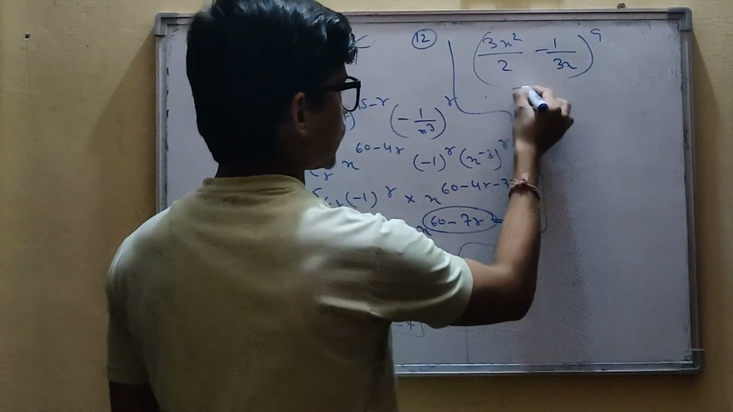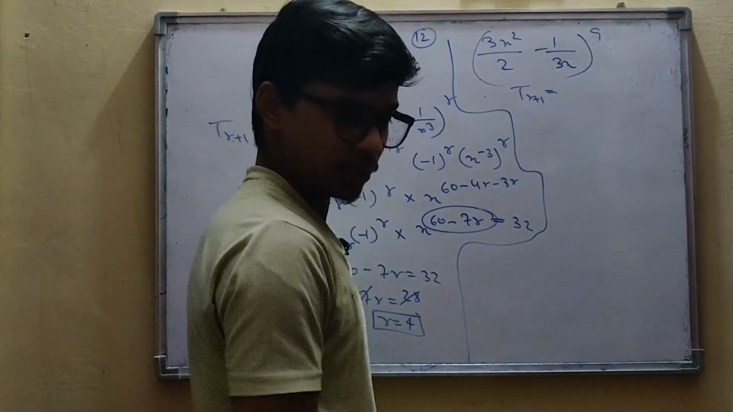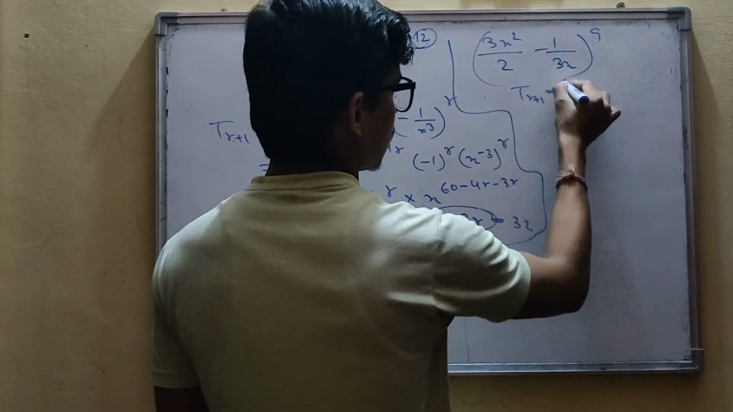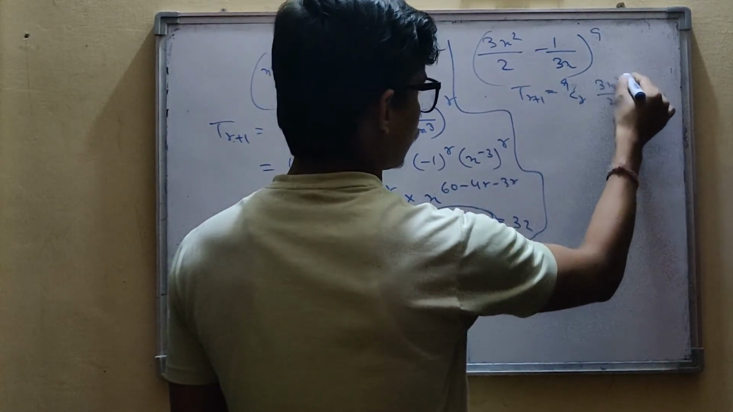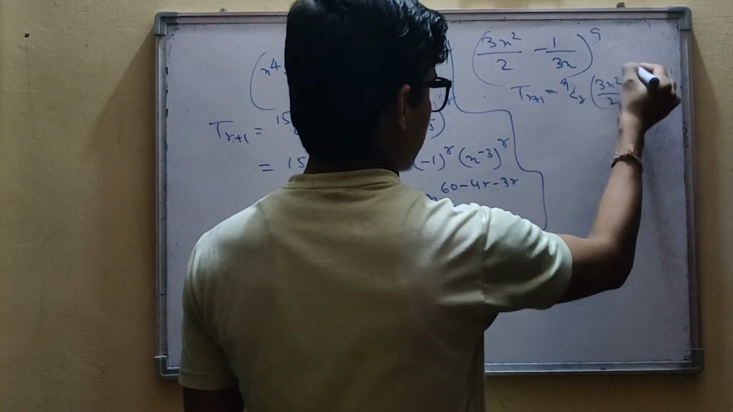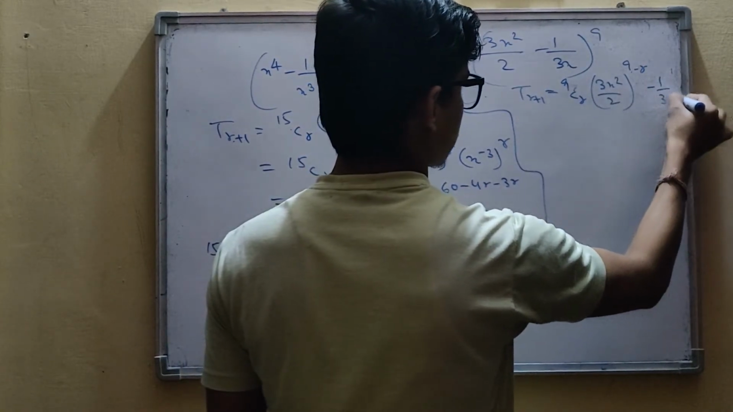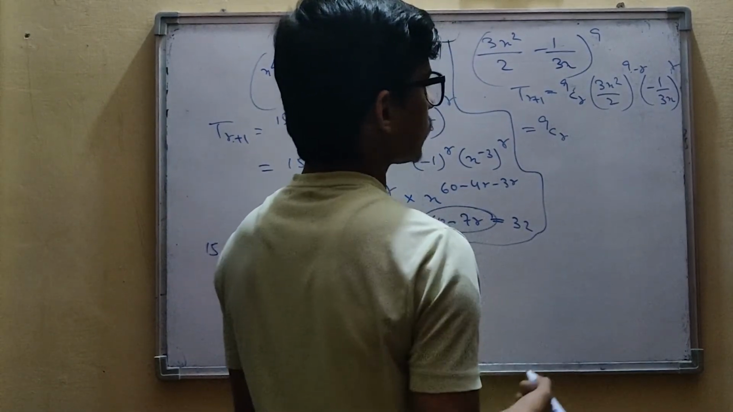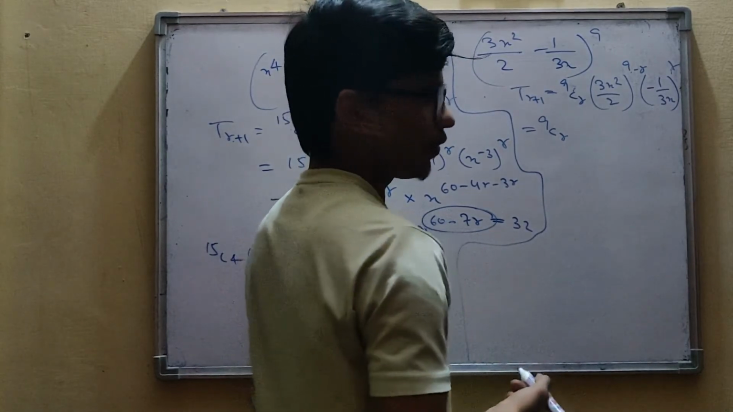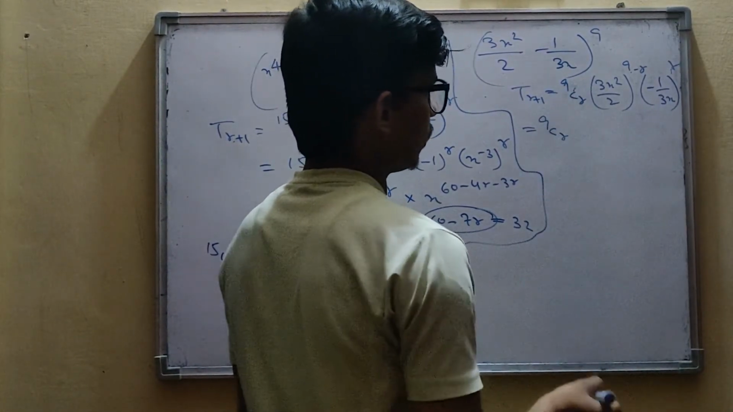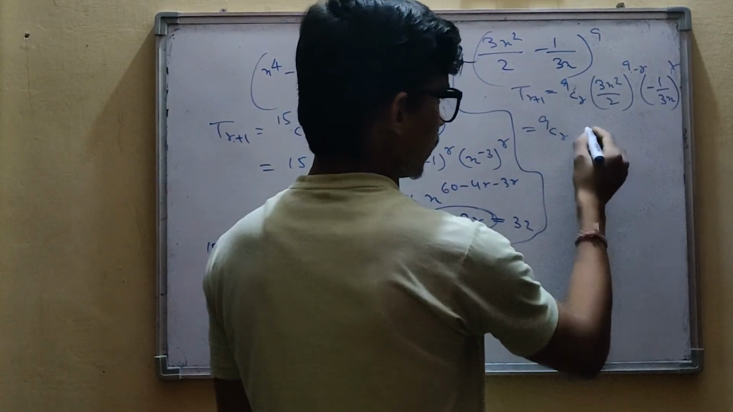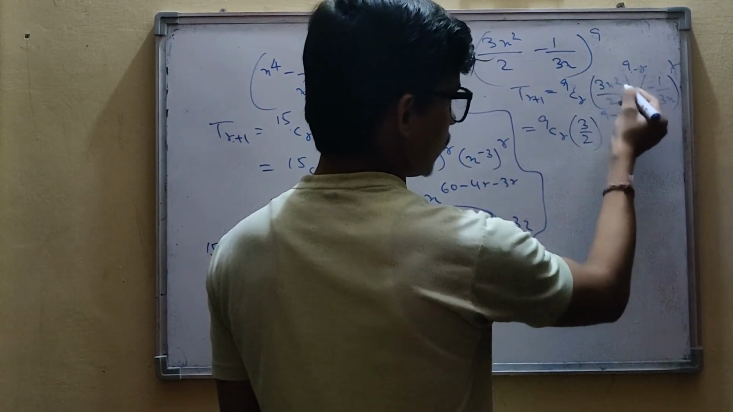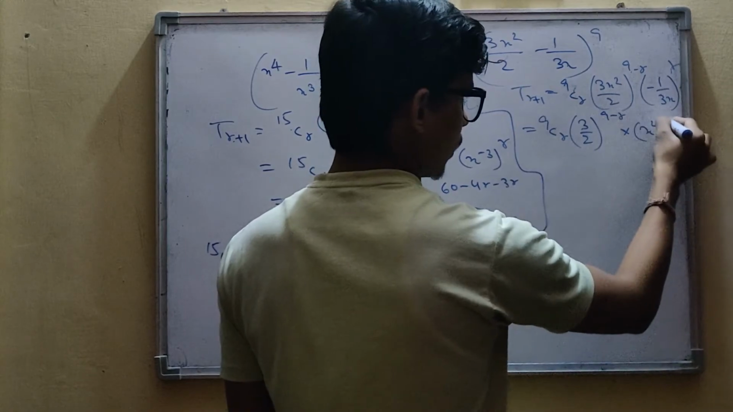independent of x. Let's say this one is the term which is independent of x. So T r plus 1 is going to be nCr, nCr means 9Cr, (3x square by 2) to the power n minus r means 9 minus r, and this is going to be (minus 1 upon 3x) to the power r. Now just pay attention over here. While solving the calculation part, you have to be very careful about this, right? 3 by 2, I'm separating the constant term, so it is going to be 9 minus r, multiplied with x square. So x square will also get the power 9 minus r,